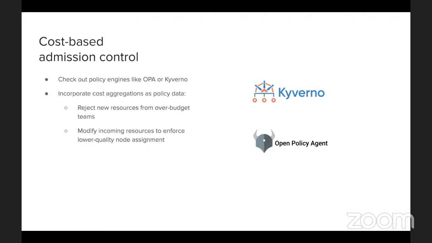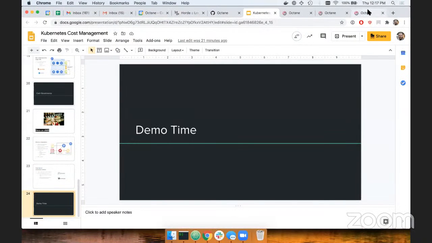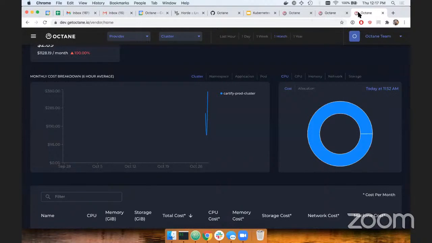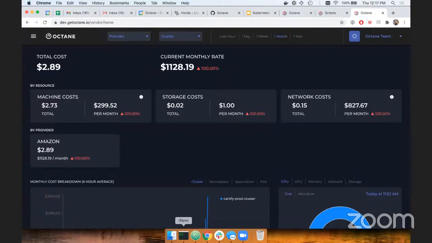But if we're incorporating cost aggregations into this policy data, we can do stuff like making sure a team can't create new resources if they're over budget. If they are over budget, we could make sure that the pods they create only go to lower quality nodes and such. So now that we've discussed that, I just wanted to show a little demo of how one of these policy integrations would work. So I have a cluster set up here, and we've actually installed what's called,